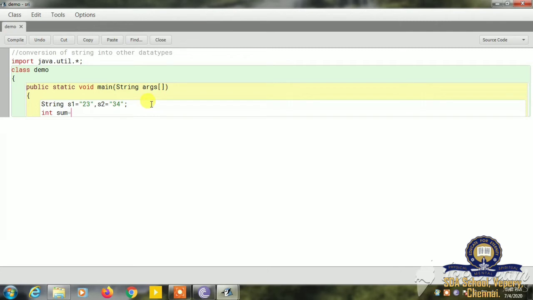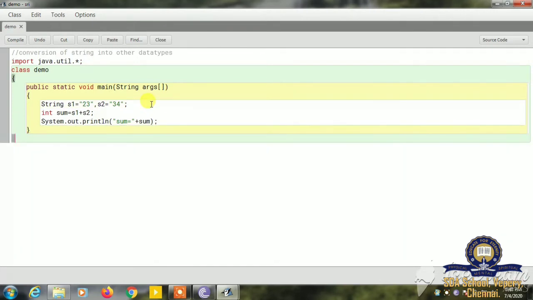To get the result, I am using the variable sum. Here I am going to do the calculation s1 plus s2. Now I am going to print the value. I am closing the main method and I am closing the class.